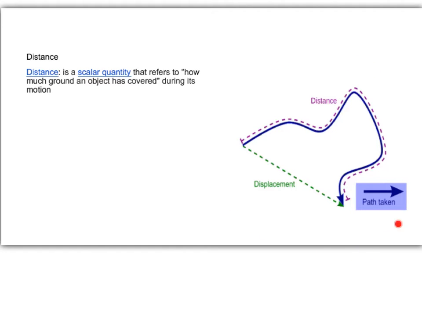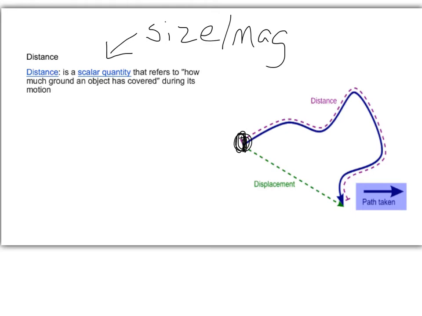Now we have a nice little picture right over here, and let's say our starting reference point is right here, and we are going to look at the purple line and talk about our distance. We're going to go all the way around to this point. So we start at our reference point and go all the way around. Now the distance again refers to how much ground an object has covered during its motion. So how much was this? What was the meters of that? Again, it's a scalar quantity, and scalar refers to how much size we have. So scalar is size, or another word for that is magnitude. Alright, so that's the definition of